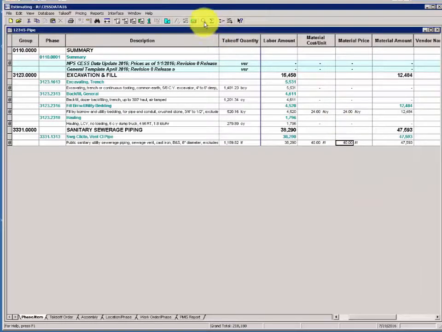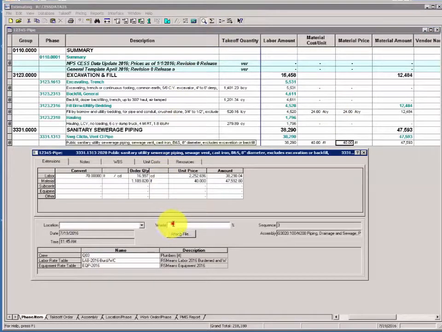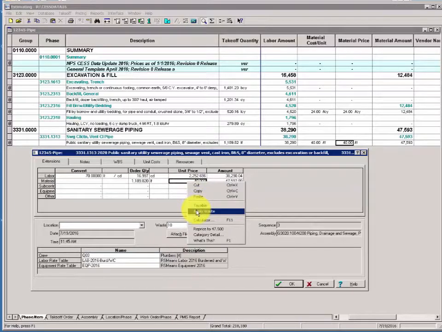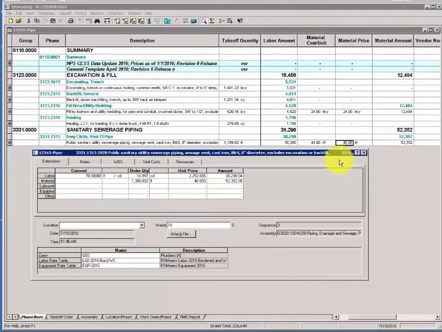If we go to our detail window, add a 10% waste factor, and then apply the waste to the material cost category, you'll see that the order quantities increased by 10%. There's our takeoff quantity, there's our order quantity, and even though the price remains $40 a lineal foot, the cost